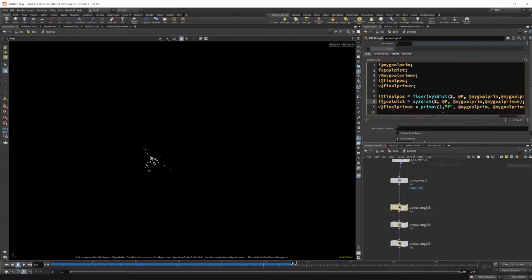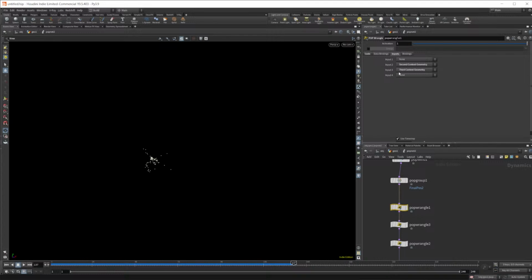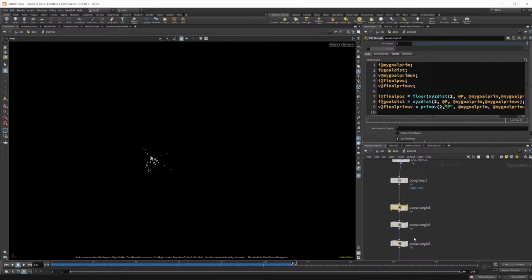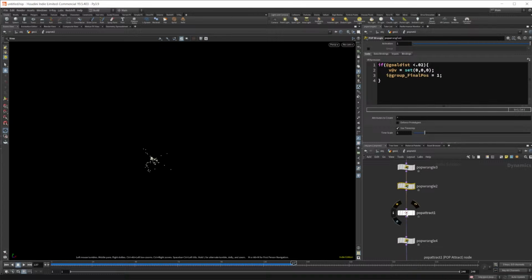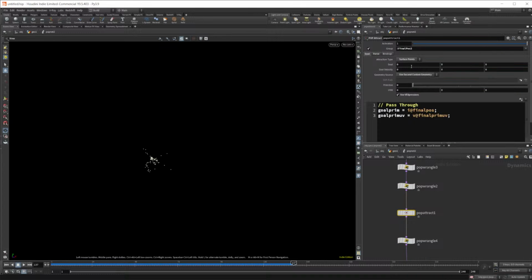But I need to change the geometry that we're working with to our second context geometry, or our third context geometry, which is the, what's it called? The rubber toy geometry that we set up there. And our pop attract needs to also be our third context geometry. And now, hopefully, fingers crossed,